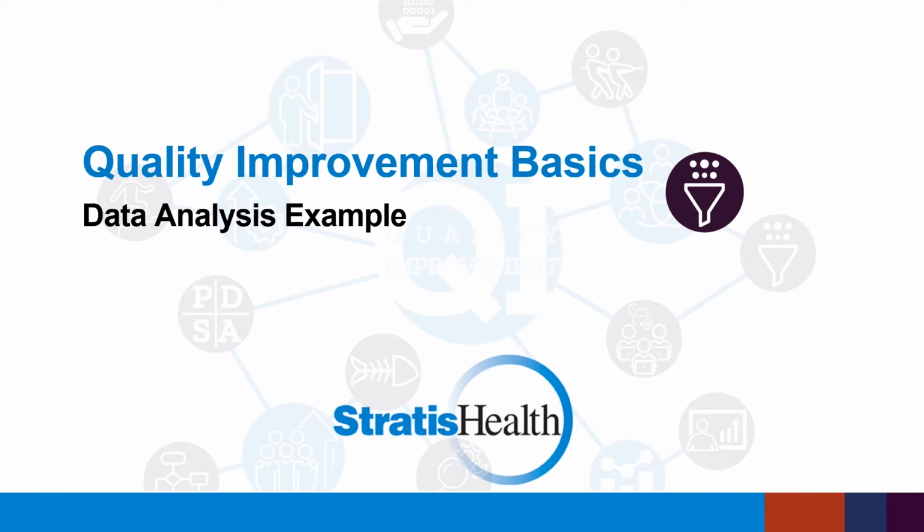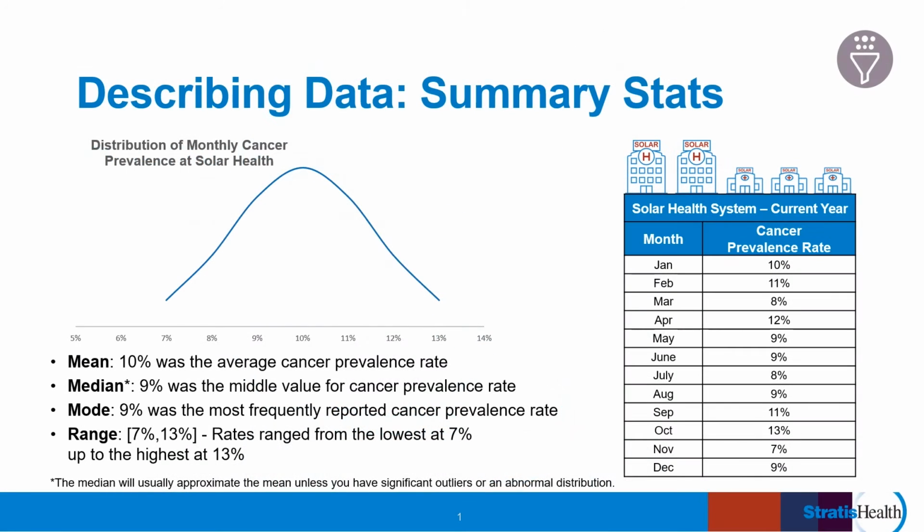Data analysis example. Based on what was covered in the QI Basics data analysis module, let's review an example scenario using our fictional healthcare system, Solar Health. The quality improvement team at Solar Health wants to look at descriptive data to understand cancer rates in their patient population. They pulled together a table that shows their cancer prevalence rate for each month in the most recent calendar